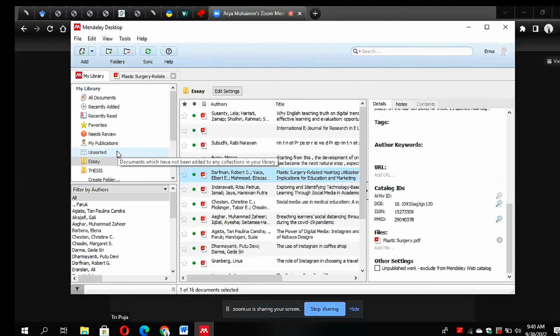Oke, jadi ini yang saya tampilin, ini adalah tampilan dari Mendeley Desktop. Ini dari versi yang lama sih. Kalau versi yang terbaru itu agak sulit untuk pemula karena semuanya harus serba online. Kalau di sini kita bisa offline, nggak perlu login ke web terus-menerus gitu. Nah, di sini ini contoh dari folder yang saya buat untuk essay, bukan essay sih, untuk semester ini artikel writing, tapi ini saya tulis jadi essay.